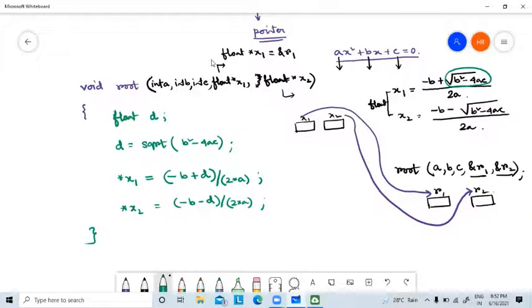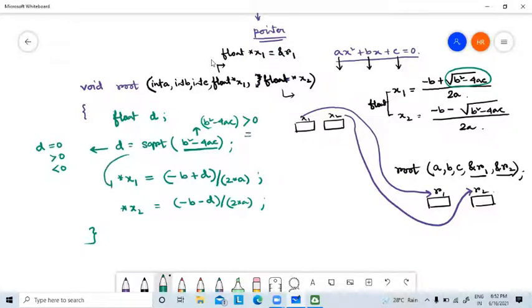Now there may be one condition you can put here, whether the value of d is equal to 0, or greater than 0, or less than 0. If this b square minus 4ac value is greater than 0, then only we can go for this.